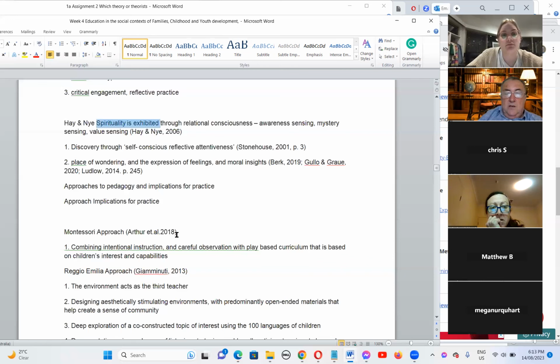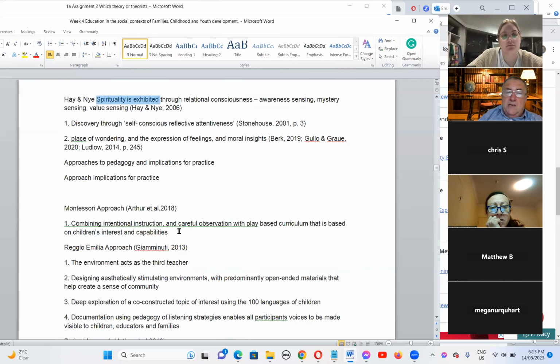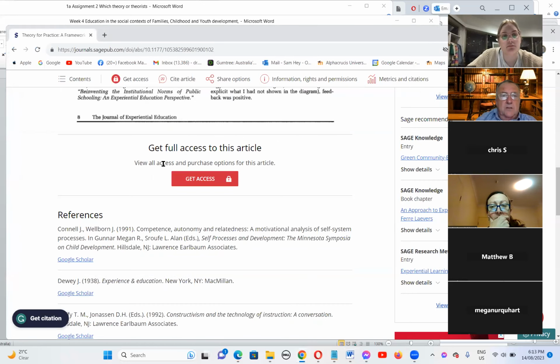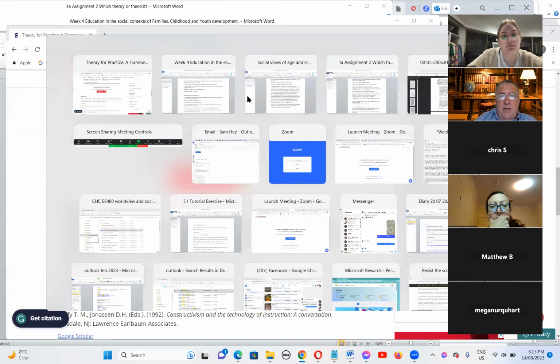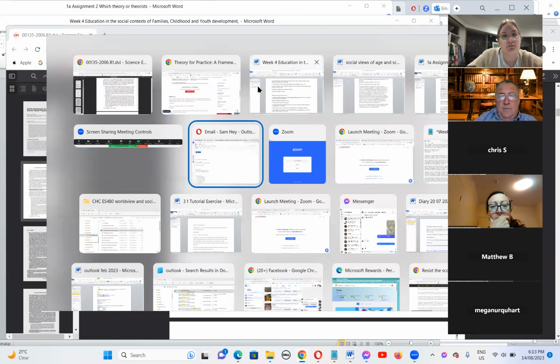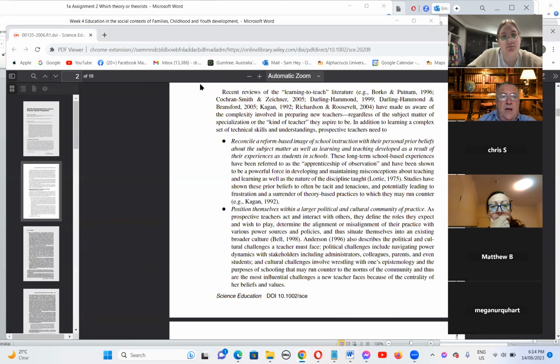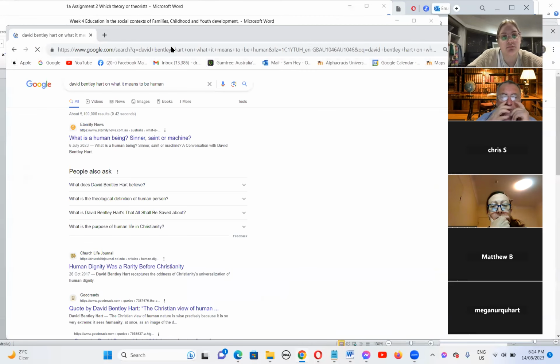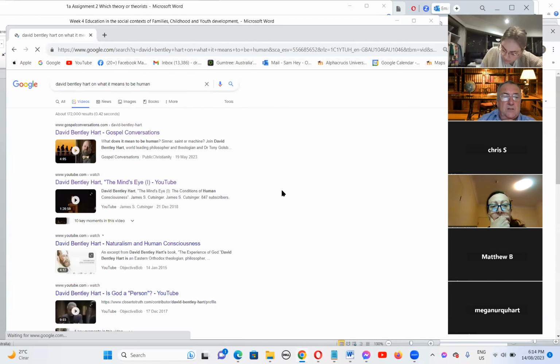Spirituality, there's a great deal written on this idea of the ultimate, of great concerns about the ultimate, that can be so very, very important. So I encourage you, if you've got some material on that, it can be incredibly valuable. And so, even this last week, I was reading about some great material from David Bentley Hart on what it means to be human.